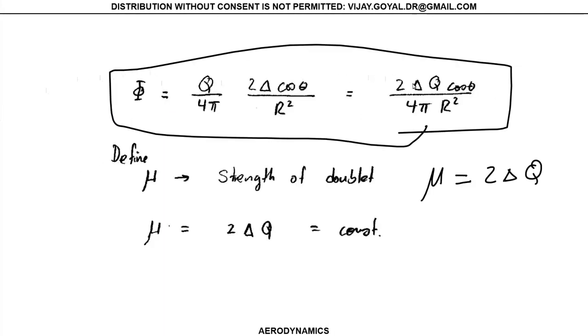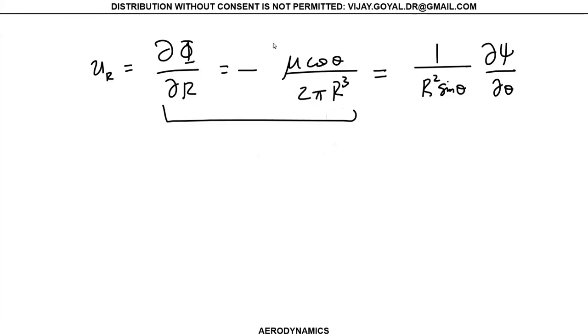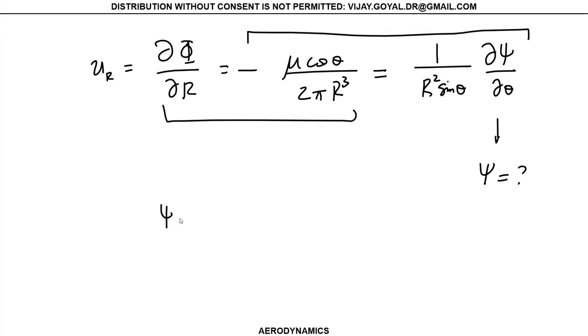Take the derivative with respect to r, and then I equate this expression to this expression so I can find the value of psi. So if I solve for psi, I integrate with respect to theta, you can find that the expression becomes minus sine squared of theta over 4 times pi